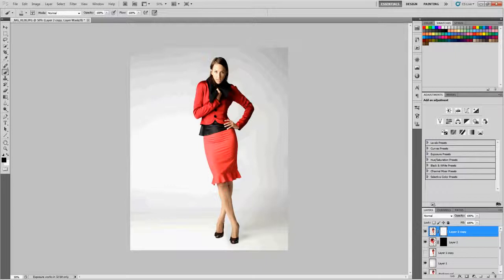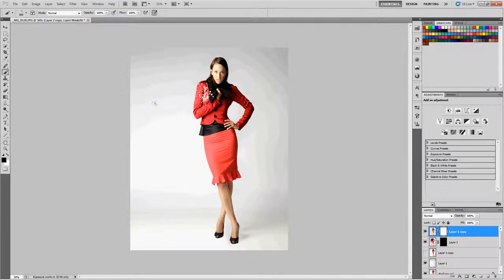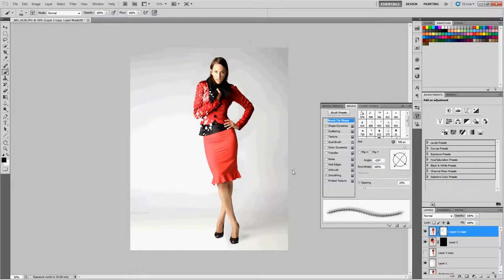Change the size with your bracket keys. So we want about that size, and then just click. Make sure you have black as your foreground color, and then just click around. And don't click and drag because you'll make it look weird and like a pattern. So hit Control Z to undo that. Just to make variations, grab another brush, and then click again, and then you can bring up your brush palette, even change the direction, and just make it look